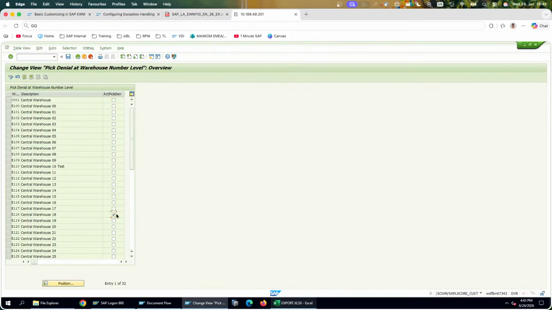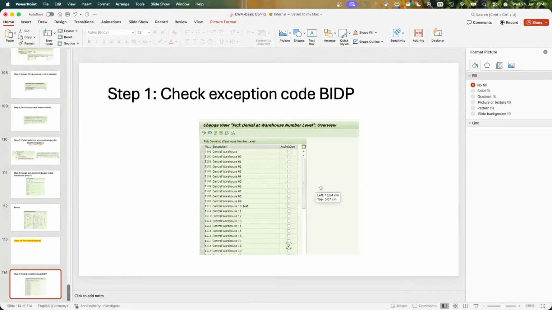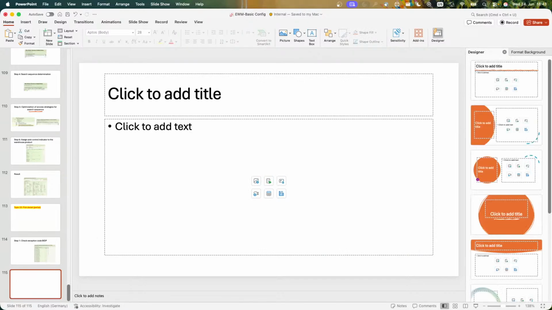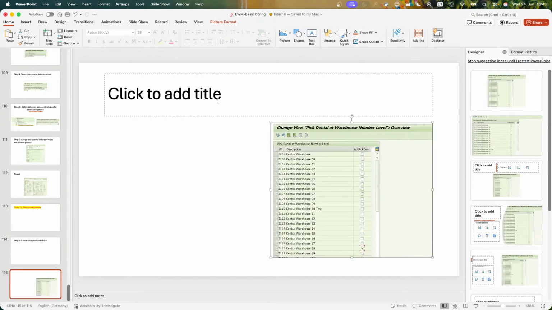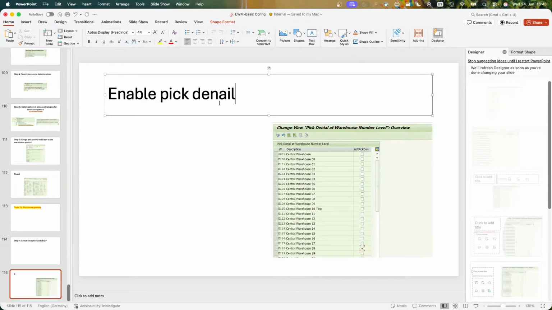Yeah, probably I need to first enable this step, right? Do I need this? Maybe just open up a new one. And I'm going to copy it there, which is enable pick denial. Probably step 1, I think. I'm not sure, but